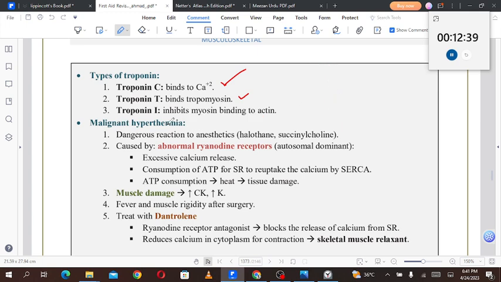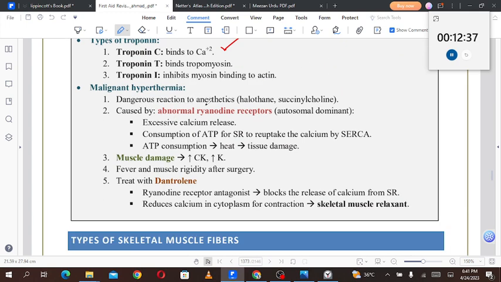Then malignant hyperthermia. Malignant hyperthermia is a dangerous reaction to anesthetics, maybe halothane or succinylcholine, caused by the abnormal ryanodine receptor, which is autosomal dominant. It is an autosomal dominant disease in which there are abnormal ryanodine receptors present inside the person. Now in that person who has abnormal ryanodine receptors, without screening, without a proper history, without any further details asked from the patient, if we gave them halothane or succinylcholine as an anesthetic,